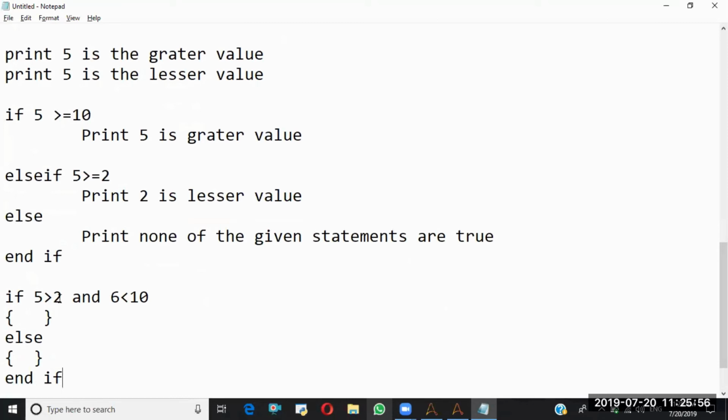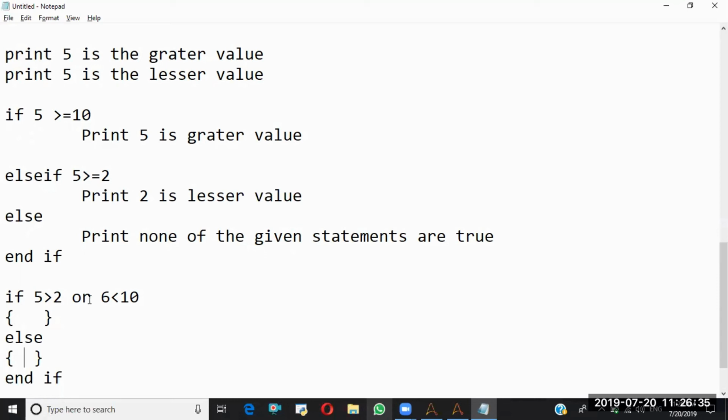So in this scenario, see here I'm saying and. If both the conditions are true, then only I'll execute this one. If any one of these conditions is false, then I'll go with the else block. Or else, if I say or, if any one of these conditions is true, I'll go with the if block. If both the conditions are true, I'll go with the if block. If both the conditions are false, then I'll go with the else block.